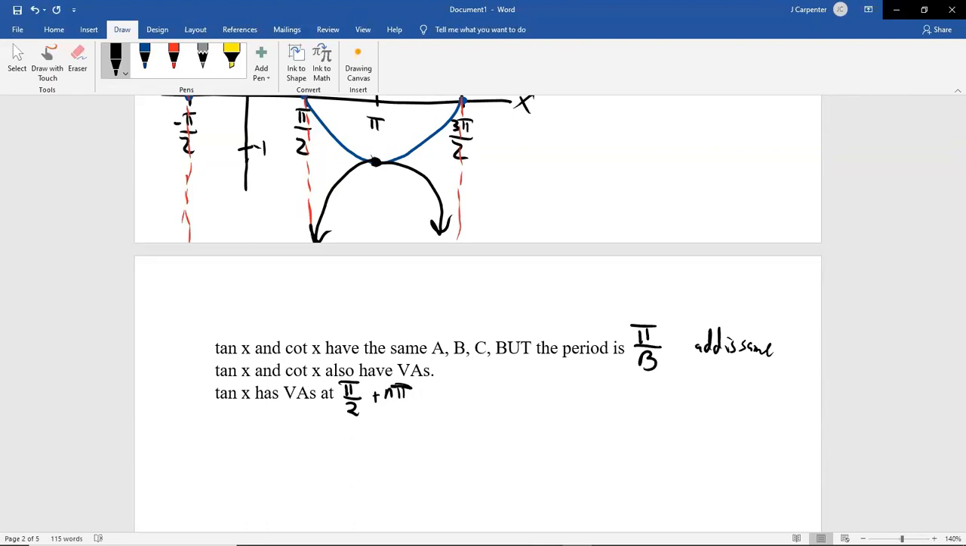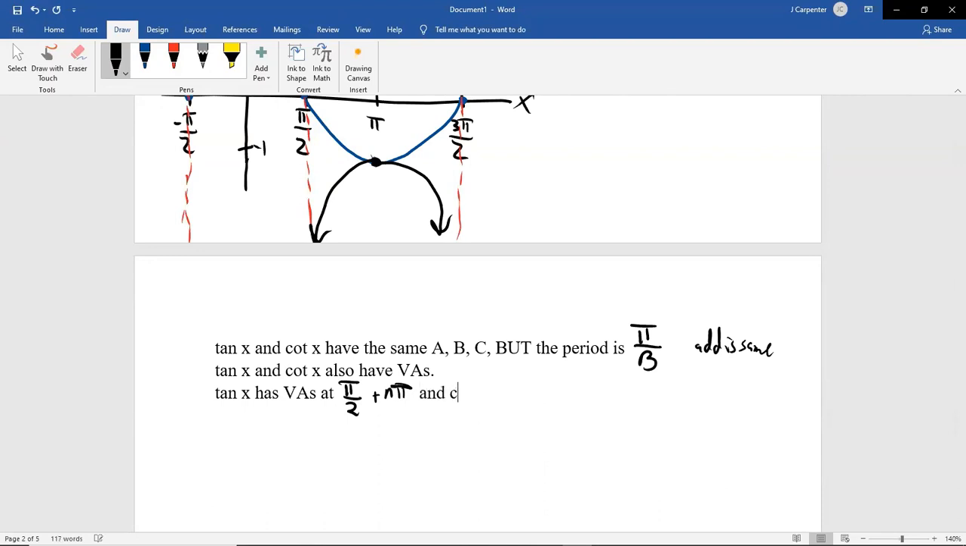Secant is 1 over cosine. Tangent is sine over cosine. And we don't care about the tops for doing vertical asymptotes. We only care when the bottom is 0. So tangent has those as their vertical asymptotes,